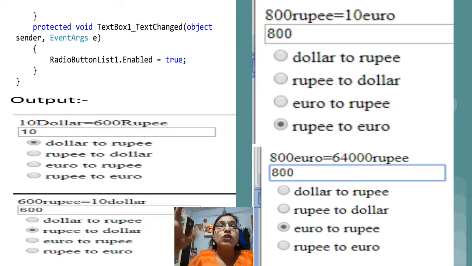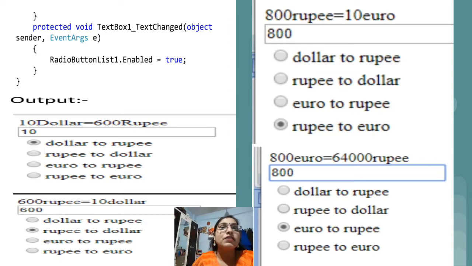So once we enter the content, by default I have written radio button list 1 dot enabled equal to false, because if you are not writing it, then before entering a value the user can select any option available in the radio button list, because of which we will get the error, which we don't want.